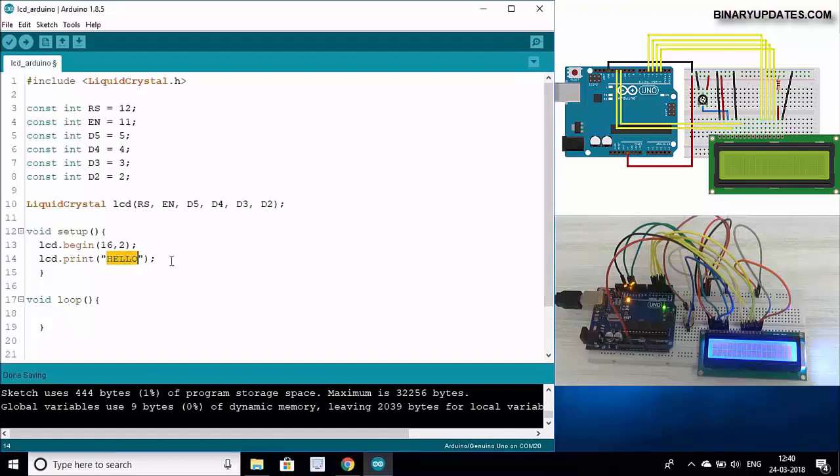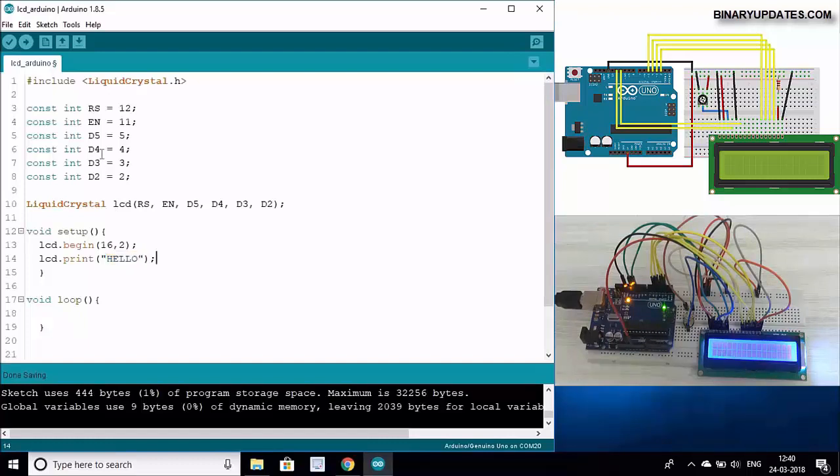on the LCD screen, and make sure of the place where this hello has been shown on the LCD, because it's a 16 by 2 character LCD, so there are a lot of different numbers for every column and every row. So this will take 0, 0, that means the first row and first column by default. If we want to change this, we can change this programmatically, but for this very basic testing, we just